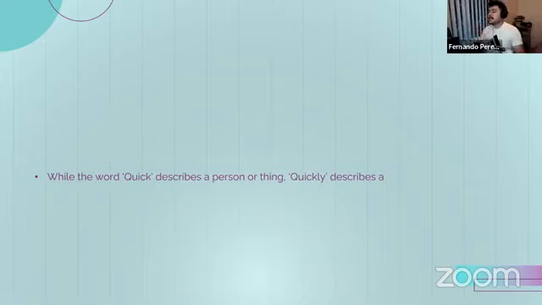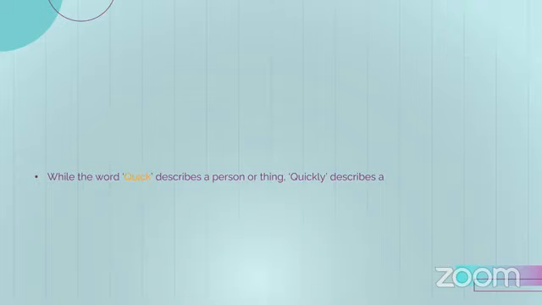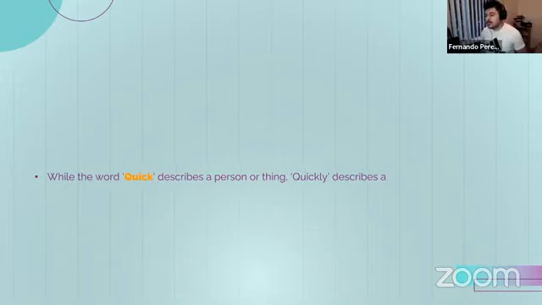Kinda, but that's impossible because quick precisely is the word. If you describe a person or thing, you use the word quick, which probably with the color you're gonna understand me better. Let's colocate it this color. Just like that. While the word quick describes a person or thing,